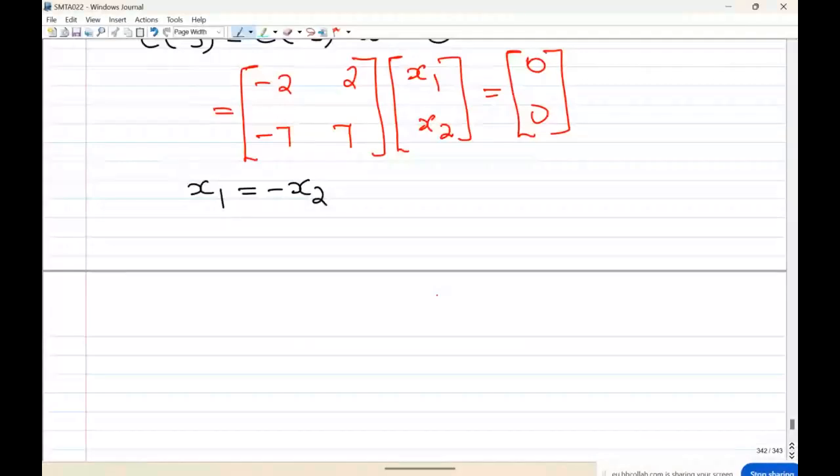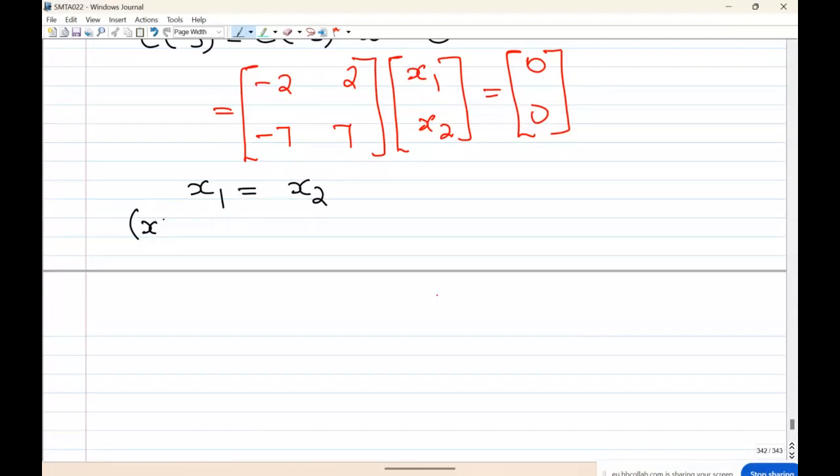Is it correct? Yes. So in terms of colleagues, I'm lying. Then I got x1 equals to x2. X1 equals to x2, right? Yes. So if you write this thing in